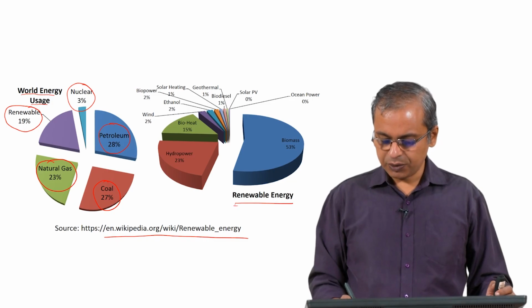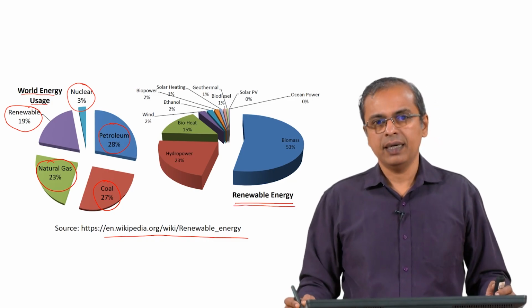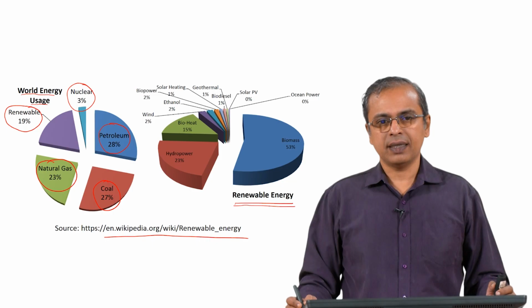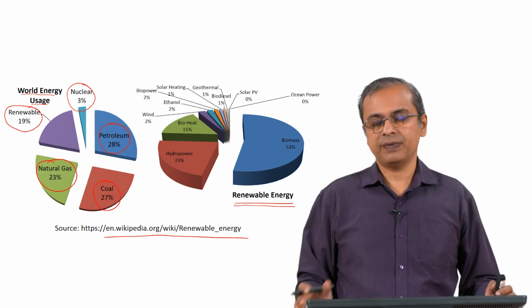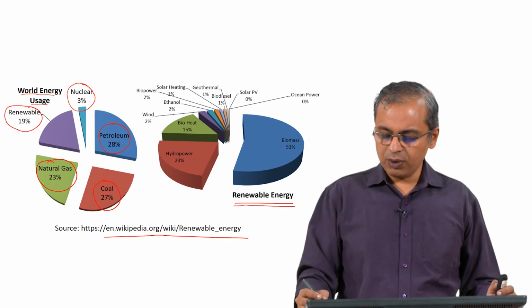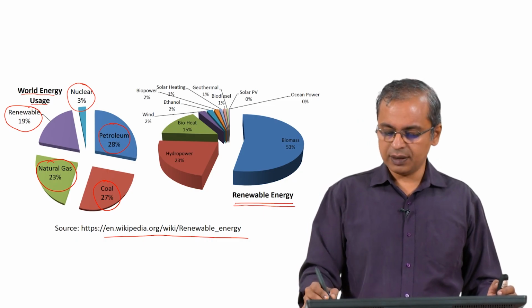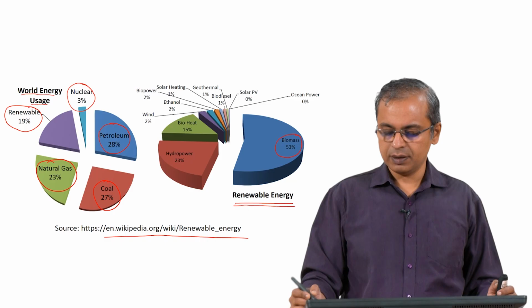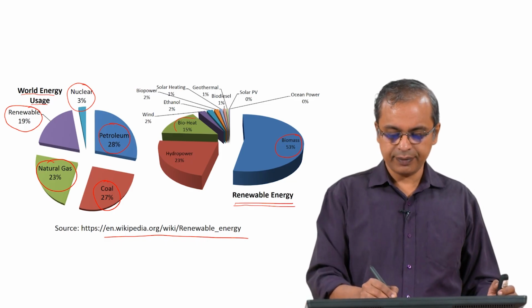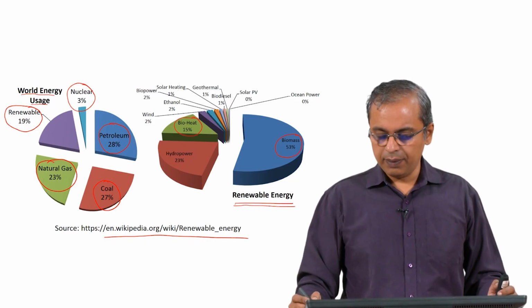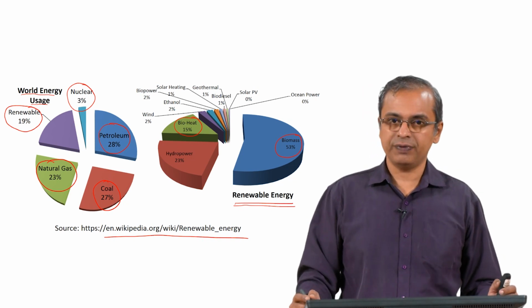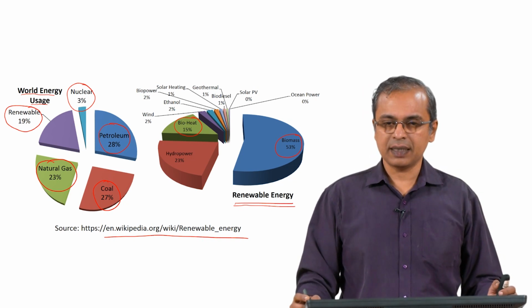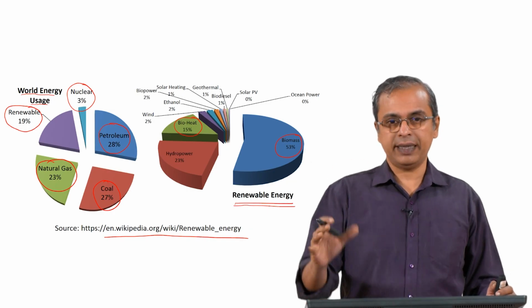split into this pie chart that you see on your right hand side, and you will see various names here, some of which you may not even have heard of that much. So, if you look at renewable sources of energy, you see this term biomass and you see this bioheat. So, between them you are looking at about 68%, about 70% of this renewable energy is coming from something that is bio related.